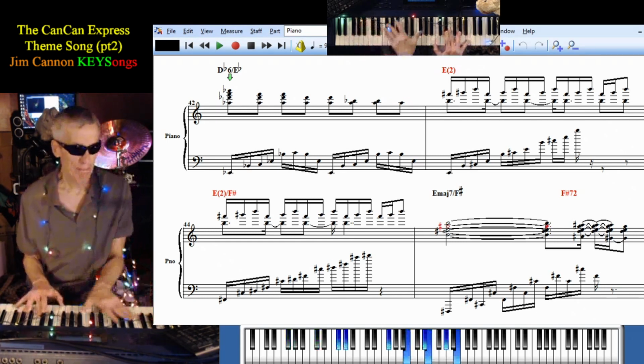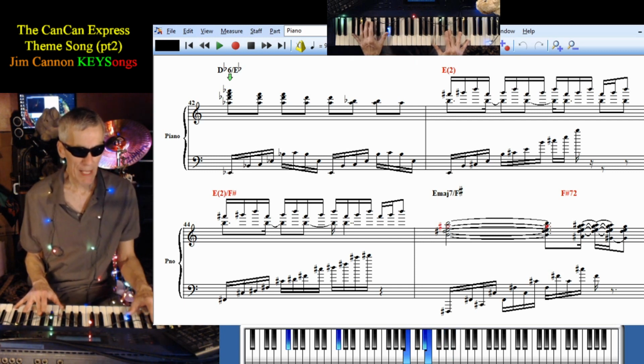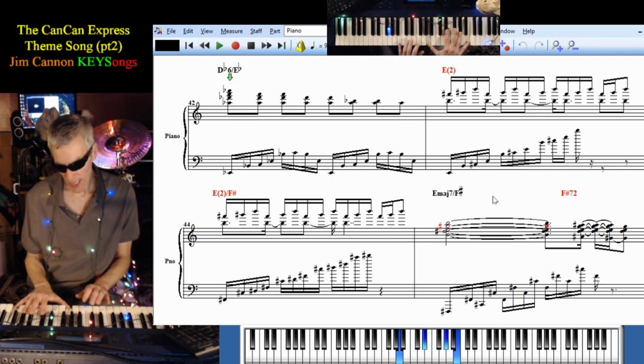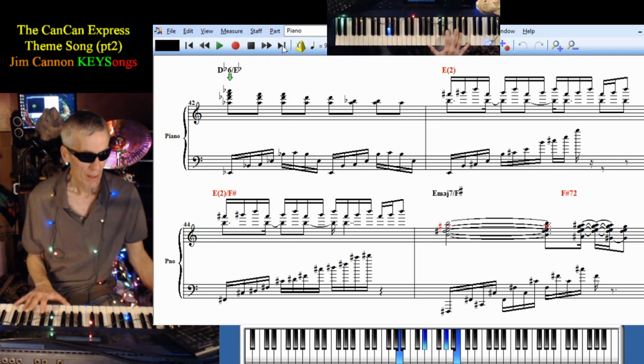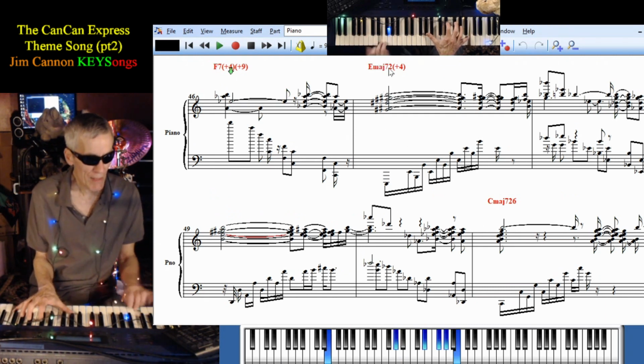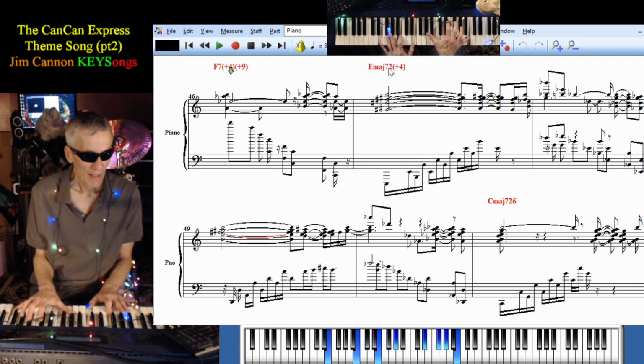So anyways, E major 7 with an F sharp bass, F sharp 7 with a +9 and a +4. It's getting you out of the chorus here. E major 7, here it is, big flat E 7, E major 7,